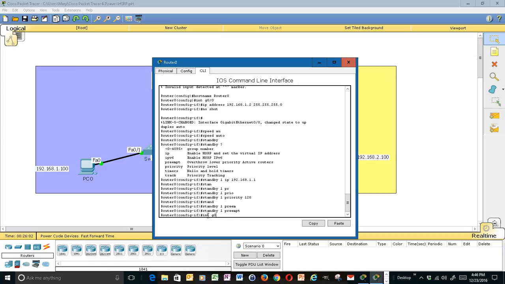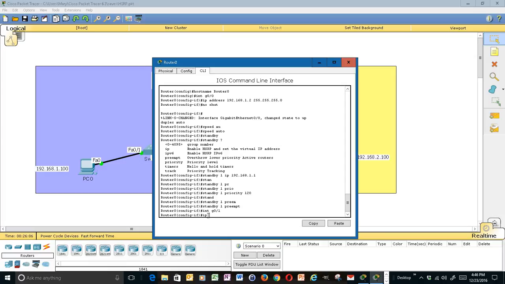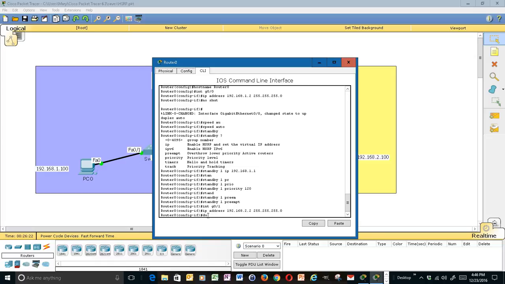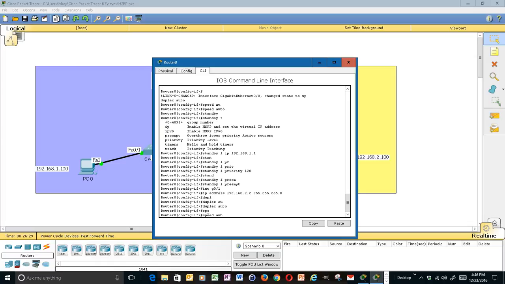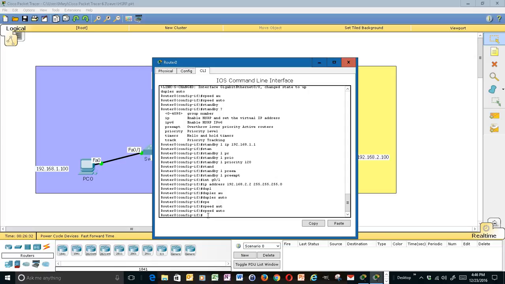So let's go to the 0/1 interface, IP address 192.168.2.2, and we will do duplex auto, speed auto, and standby